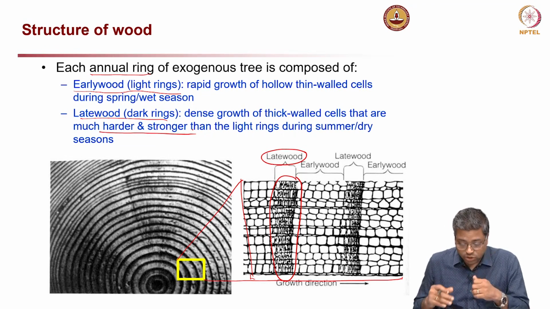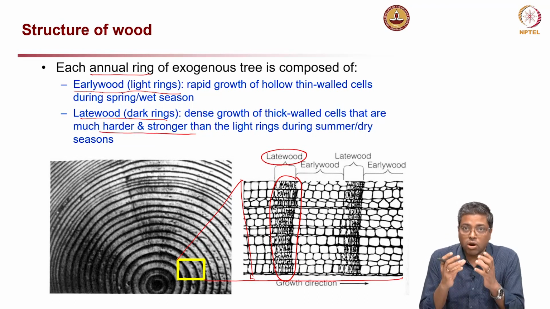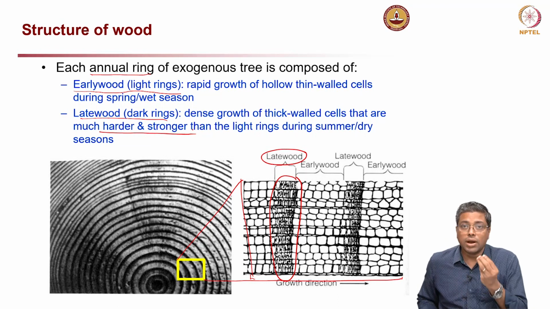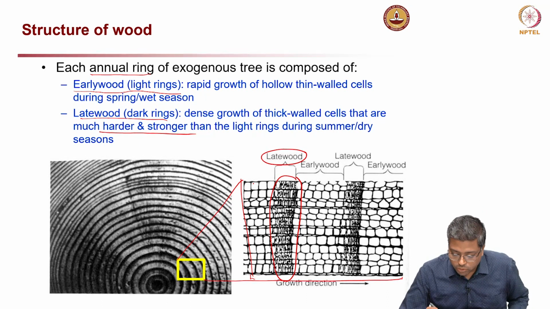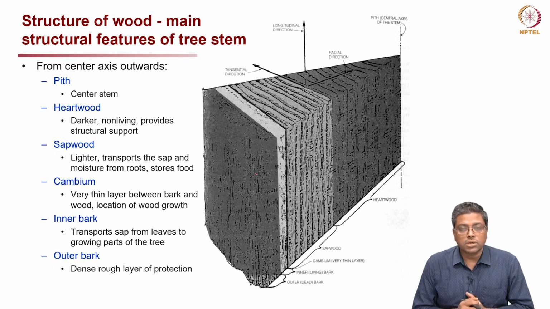And then the reason for the strength, because you have thick wall, the wall thickness plays a major role, and the size of the cavities also plays a major role. If I look at here, this is the cavity I am drawing on the picture here. This is the cavity, and this is the wall thickness which I am talking about, or the wall. Now, structure of the wood, main structural features of a tree.